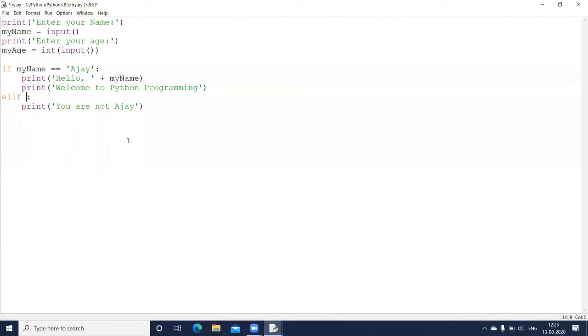So I'll write the condition here, age, say less than 30 or less than or equal to 30. Let us put equal to. So if the age is less than that, still I'll welcome him to the session. So I'll write welcome to Python session or program.